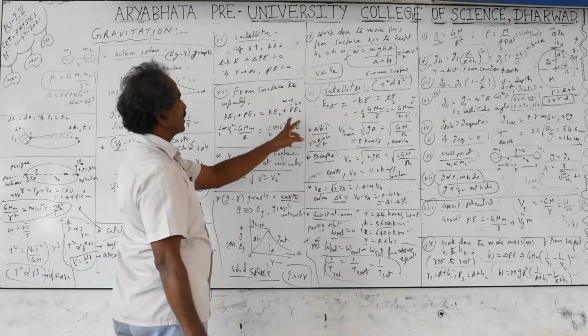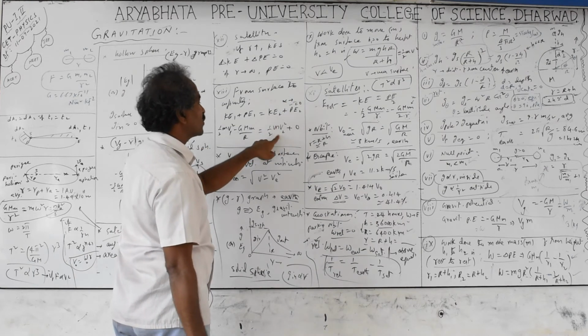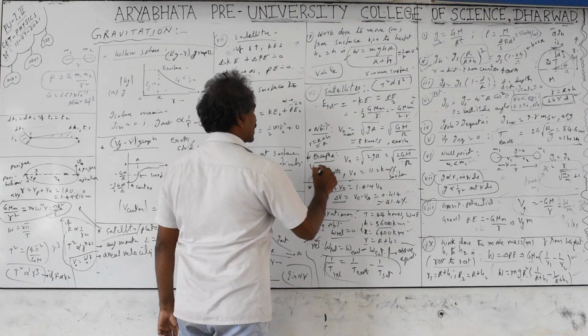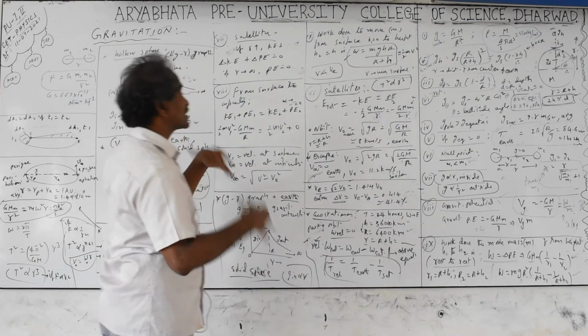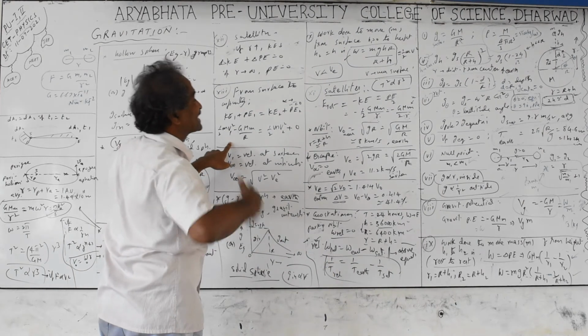Therefore, at infinity you are taking this as 0, and at infinite distance velocity can be there. Velocity is 0 means you are giving the escape velocity. If you are giving the escape velocity, at infinity it is 0, you are throwing it so that at infinite distance, after traveling, it stops. But at infinite distance it may also continue further, which means you must have the velocity at the surface more than escape velocity.